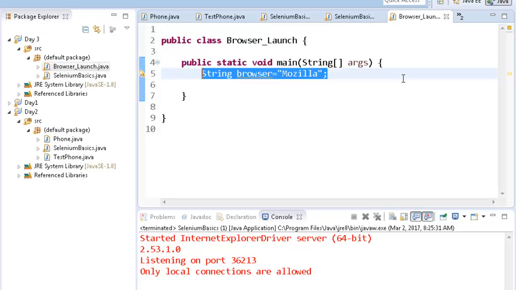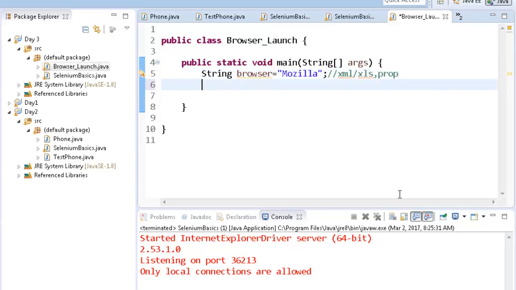Whatever is the browser mentioned over here, I have to do the testing on that browser. Later on, we can read this browser name from some external file, maybe some XML file or an XLS file or a properties file, right? So whatever script you write after this should execute on the browser you write over here. If I change the browser to Chrome, then the script should execute on Chrome.